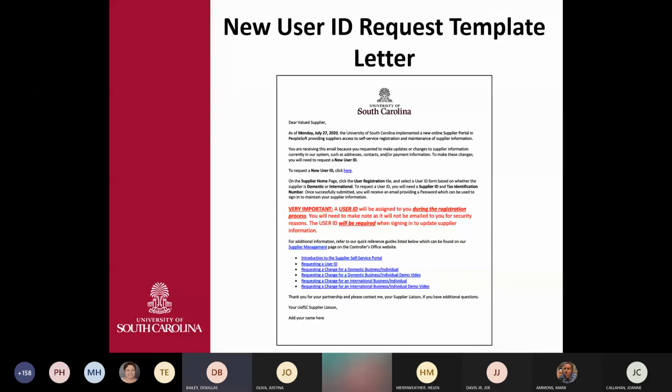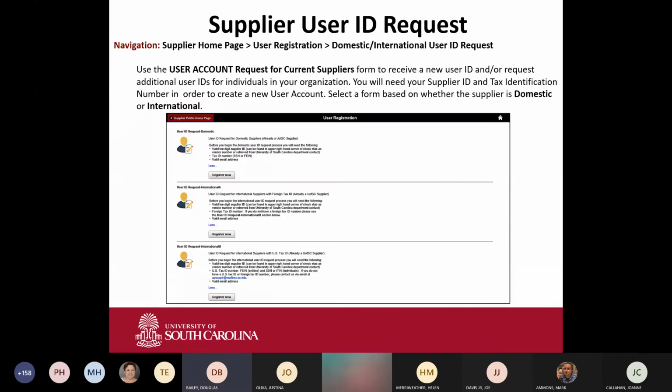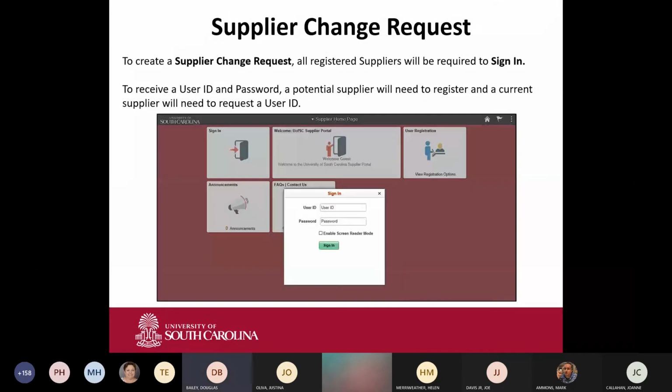The second criteria is they'll need their tax ID number, and they will have that. So once they enter their supplier ID number that you've provided and their tax ID number,